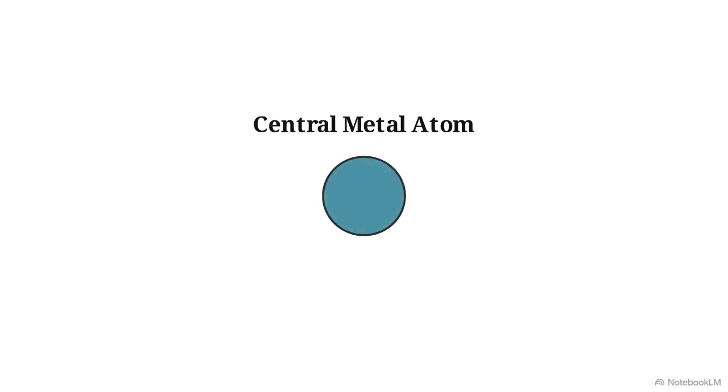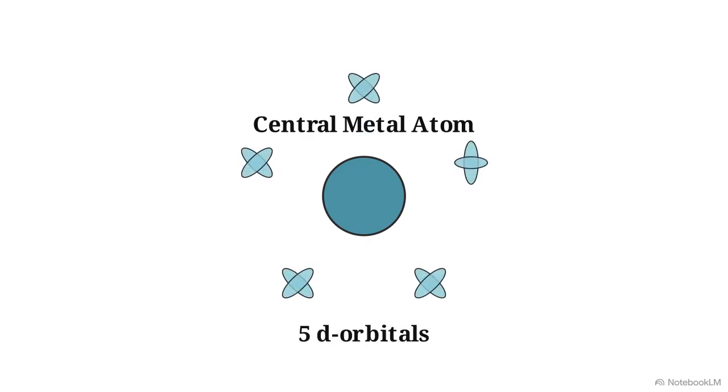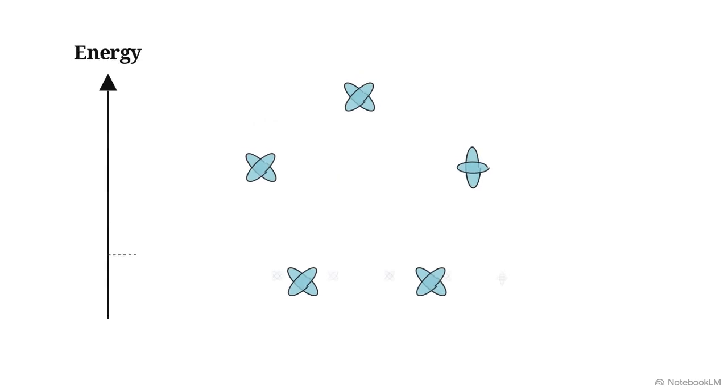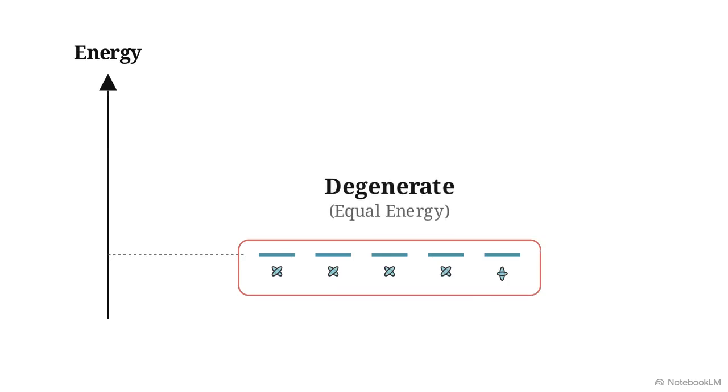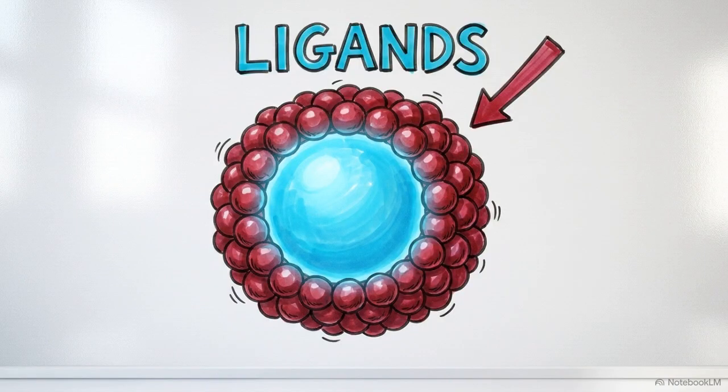In chemistry, that house is a central metal atom, and those 5 roommates are its 5 distinct living spaces, which we call d orbitals. Normally, when the atom is left completely alone, all 5 of these d orbitals sit at the exact same energy level. Everyone is equally comfortable. Those uninvited guests crowding the outside of the house are molecules called ligands, and they bring